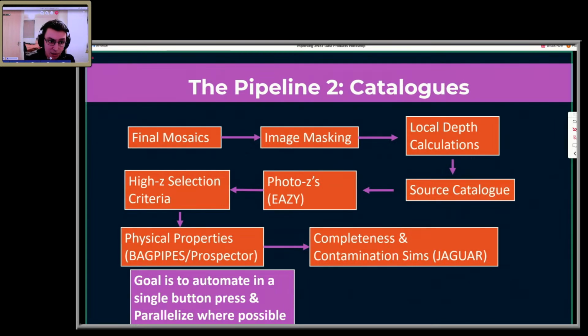And the second half of the pipeline goes from the images, the final data products, through to something that's ready for use for science. And so this is what our 2 PhD students are largely working on. So we've got automated image masking, which uses a Gaia catalog to use a template star mask, and it increases the size of the star mask as a function of the Gaia magnitude of these stars. Local depth calculations by placing empty apertures across your image, and then photometric redshifts and physical